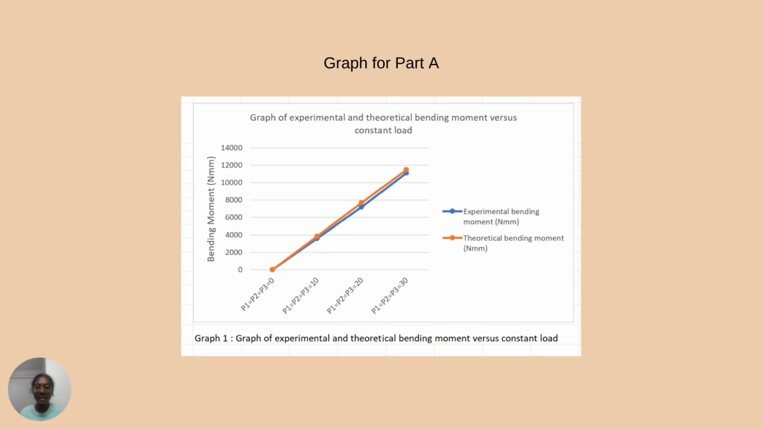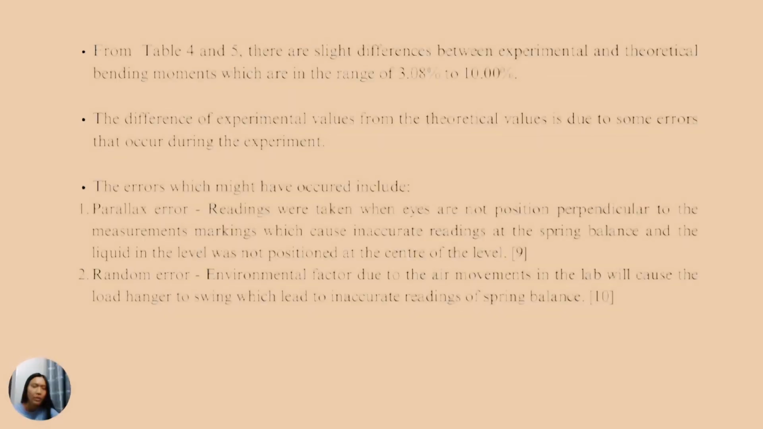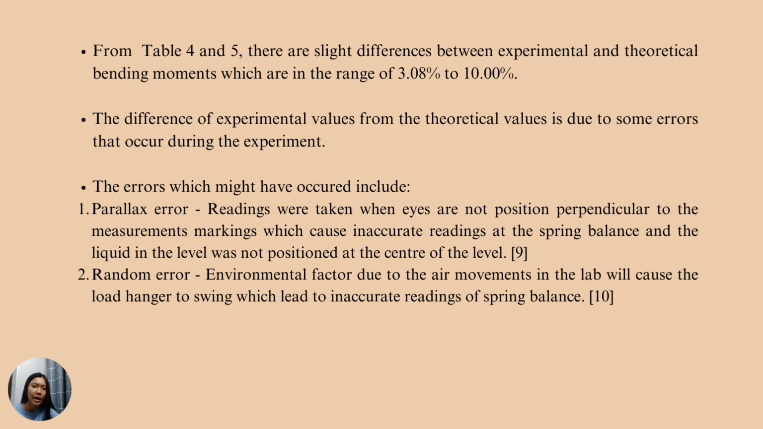From Tables 4 and 5, for part A, we have plotted a graph of experimental and theoretical bending moment versus constant load. The graph shows the bending moment is increasing as constant load increases. Theoretical value is higher than experimental value for all the data. For part B, we have plotted a graph of experimental and theoretical bending moment versus different load. The graph is an increasing graph. Also, theoretical value is higher than experimental value for all the data. There is a slight difference between the experimental and theoretical bending moment, which is in the range of